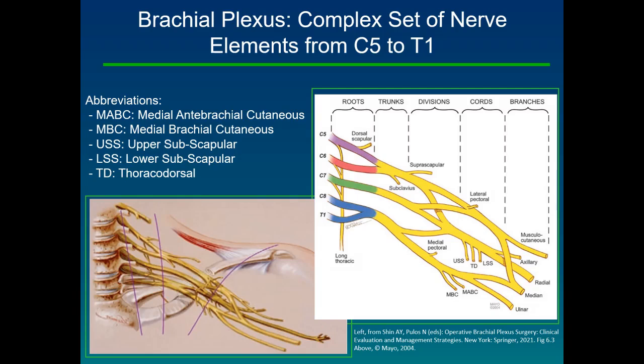I note the abbreviations, definitions there, the subscapular nerves, thoracodorsal, and the medial brachial cutaneous and medial antebrachial cutaneous is noted. And then just looking at the anatomical representation,